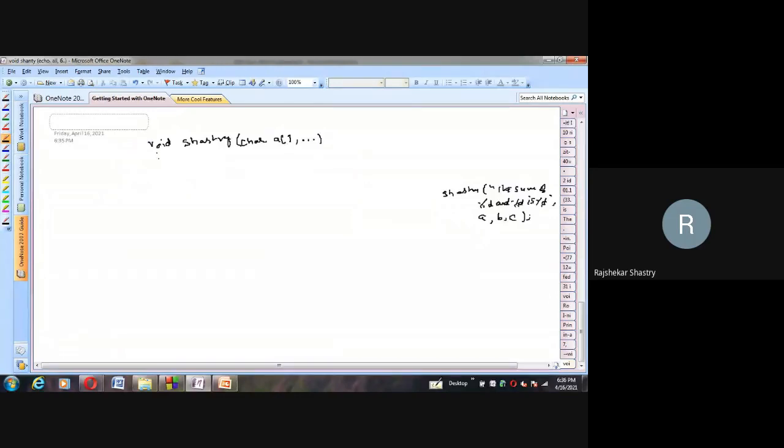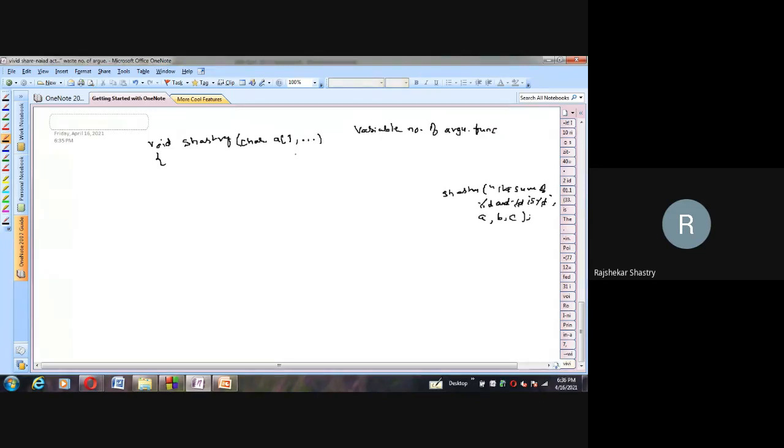Then begin. So preparation is over. From this ellipsis symbol, one can understand that Shastri is a variable number of arguments method, or function.